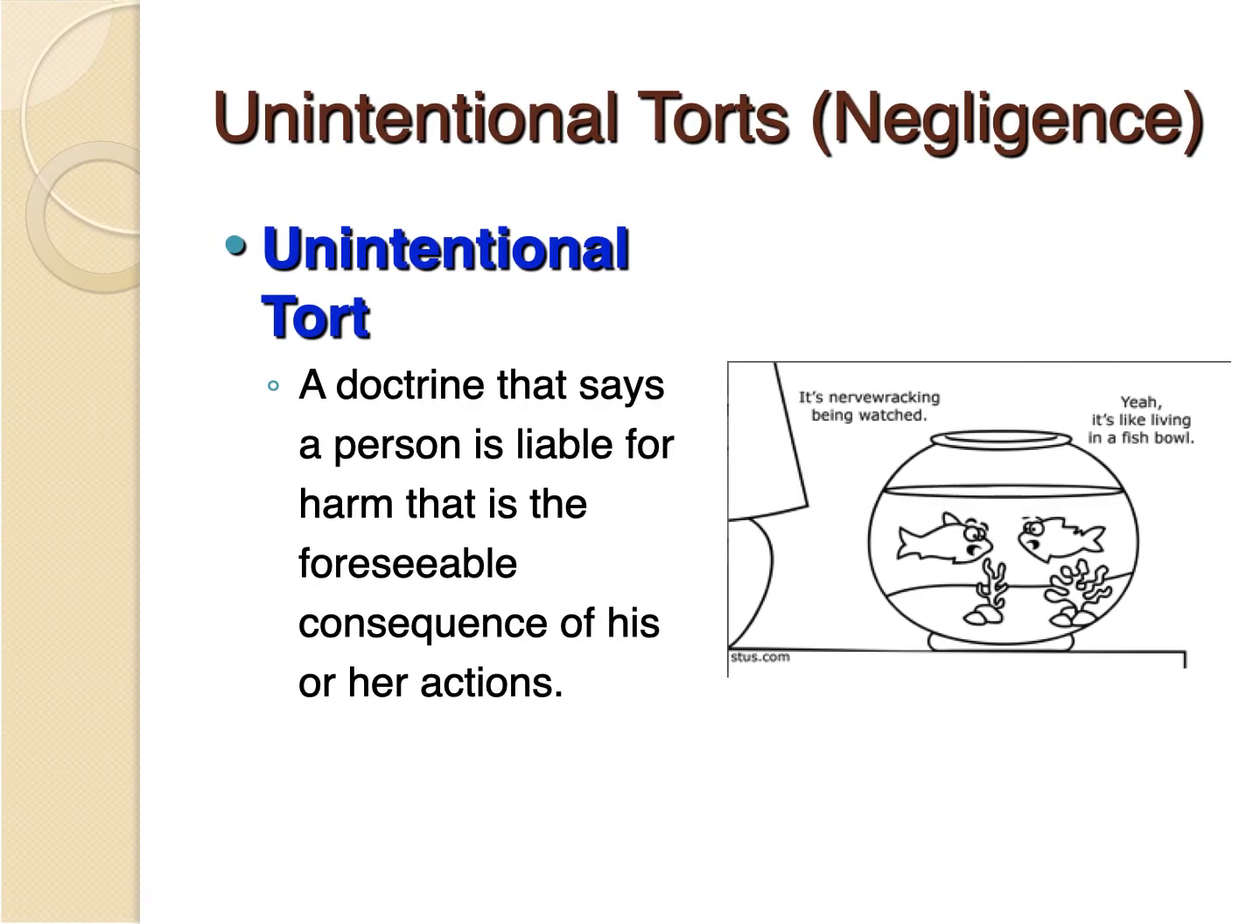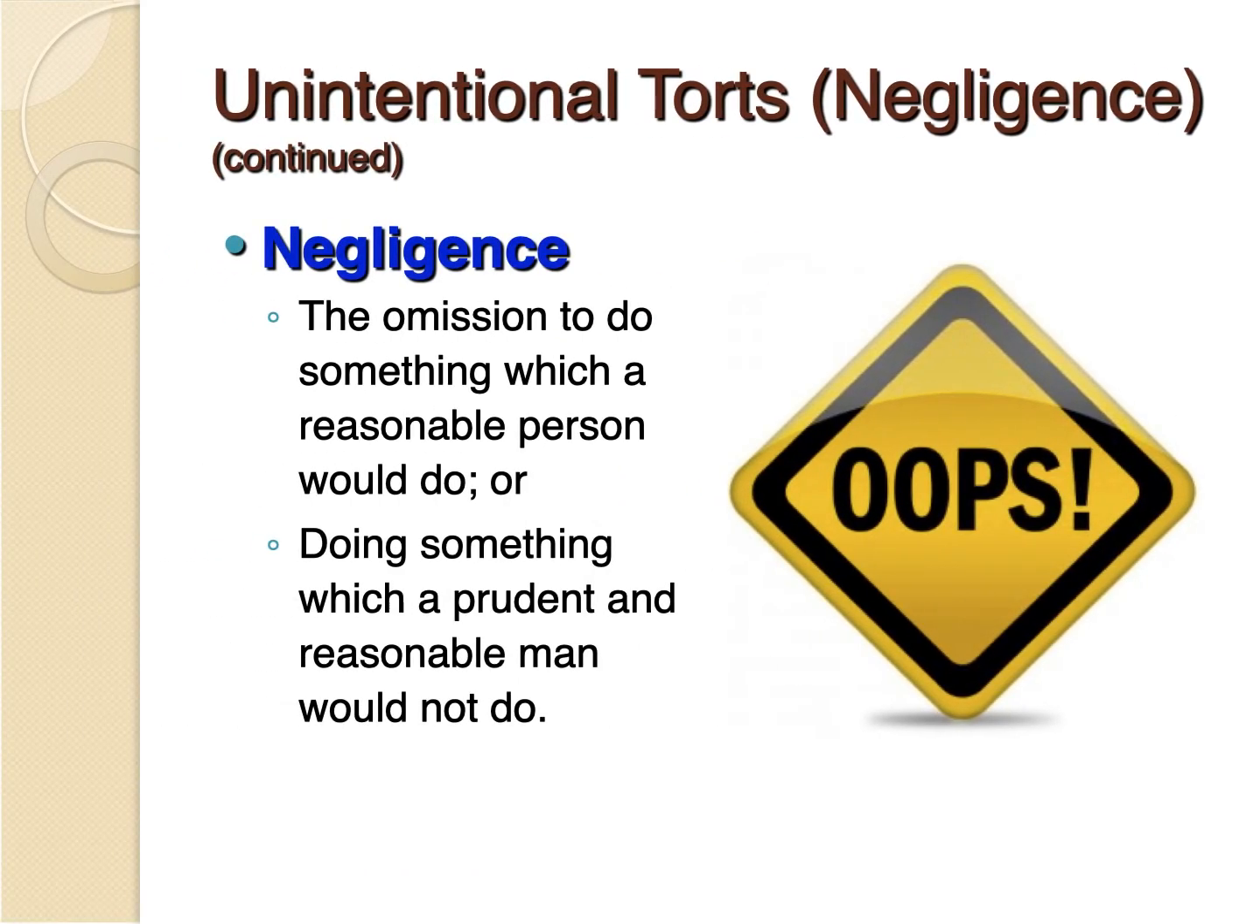Then you have the unintentional torts, which is negligence. The oops. Now, unintentional tort negligence is a doctrine that says a person is liable for harm that is a foreseeable consequence of their actions. Negligence is an omission to do something which is meant to be done by a reasonable person. Essentially,